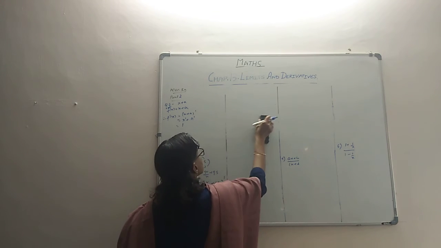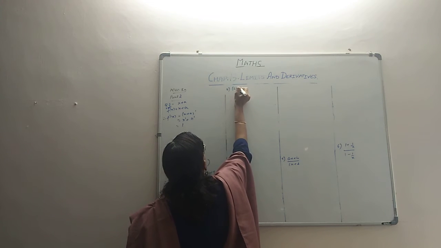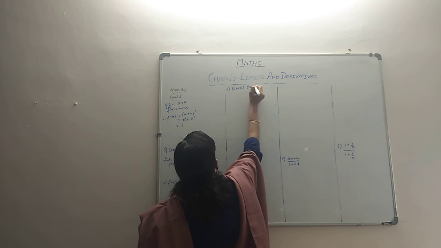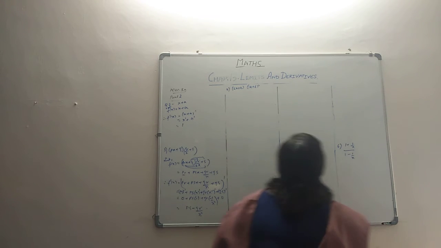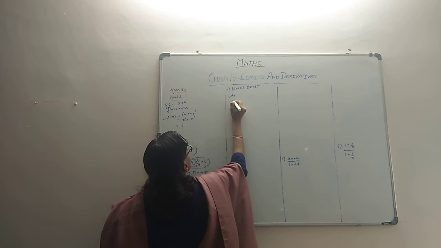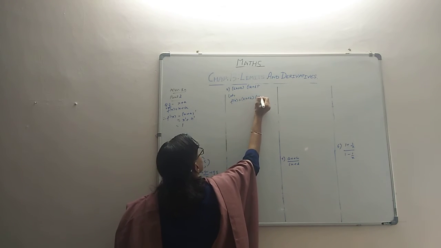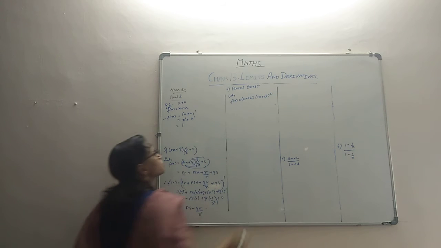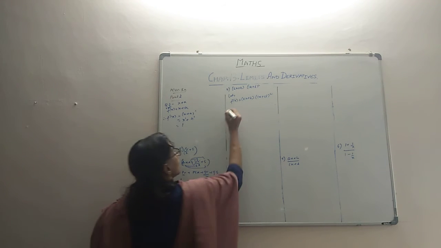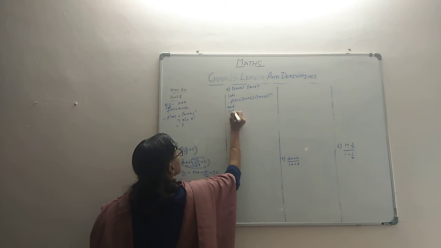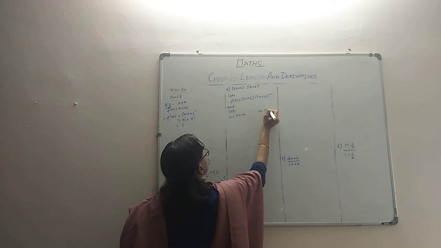Take it right from (ax plus b) by (cx plus d) the whole square. Yeah, so as usual we are calling this function f of x, and then we will see how to do it. Let f of x be, or sometimes you can call it y also, that's also okay. We can treat it as a product, but maybe we may not get the derivative so easily. So let's take u and v and let's work, and let u be equal to ax plus b and v be equal to cx plus d.